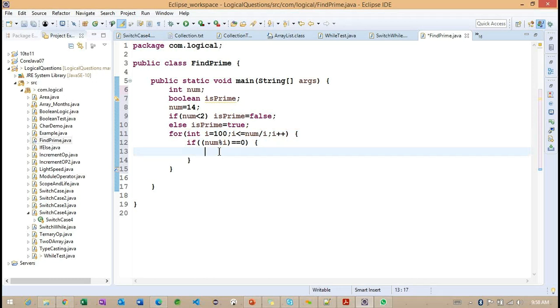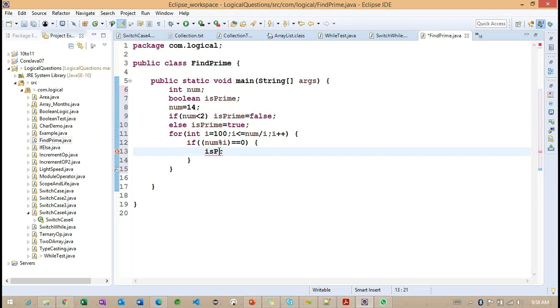Getting the point. So what I am doing here: if it is divided by itself, definitely the remainder we are going to get is 0. Or the number is divided by 1. In that case also we get the remainder as 0.